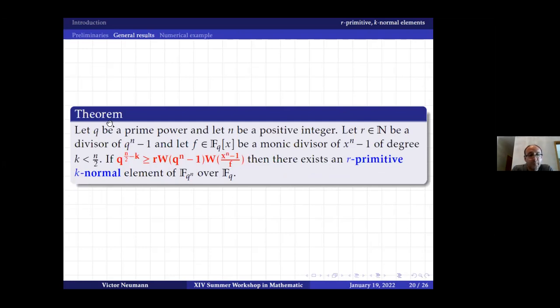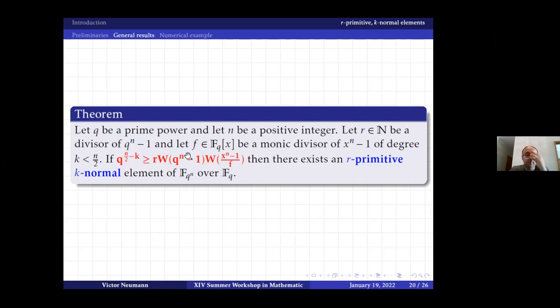So for q a prime power and n a positive integer, r a divisor of x^n - 1, f a monic divisor of degree k, k must be less than n over 2. If this happens, so this is the condition we get using these sums and splitting the sum in cases. So if this happens, so q^(n/2 - k) is greater or equal than this product, which depends on